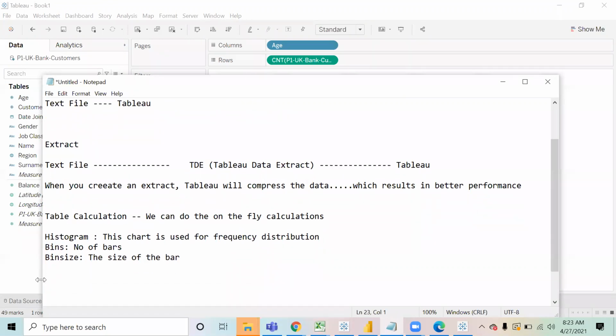Suppose I have the data of the customers between the age of 10 to 90, right? In my data, I have those customers who have the age between 10 to 90. Now, if I say I want 10 bins, 10 bins means 10 to 19, 19 to 28, 28 to 37, so that I get 10 bars, right? I will be breaking the data between 10 to 90 in such a way that I get 10 bars. And if I say I want each bar of size 20, that means 10 to 30, 30.